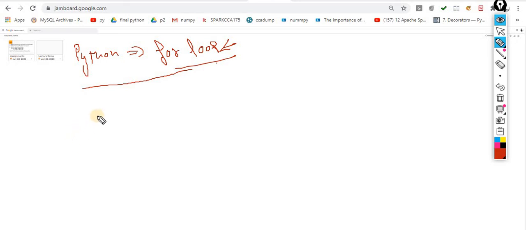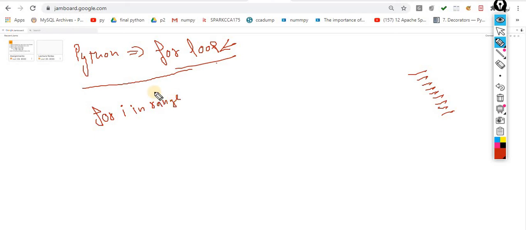Inside Python, the concept is very simple. I already told you, if you want to do the same step again and again, then you have to take advantage of the for loop. So how can I do it? Very simple: for i in range.